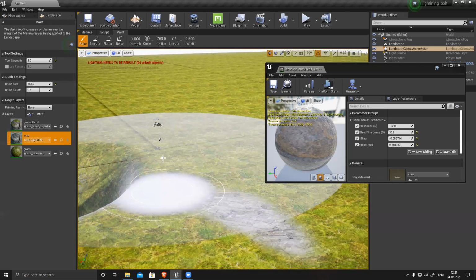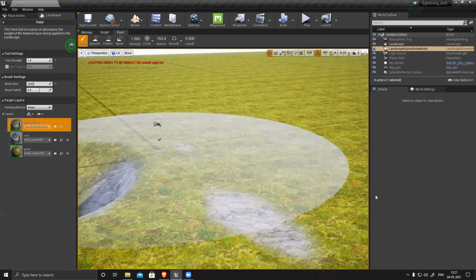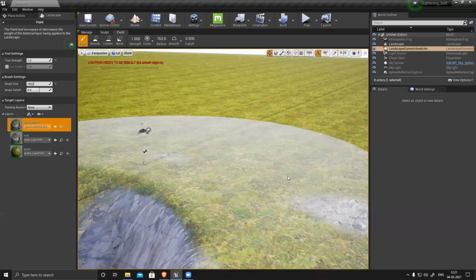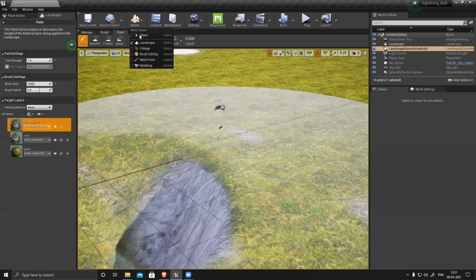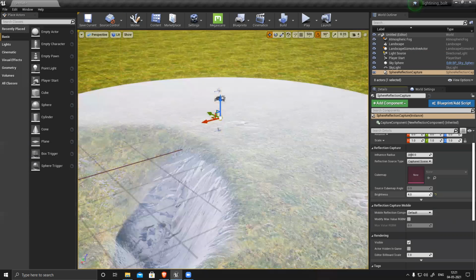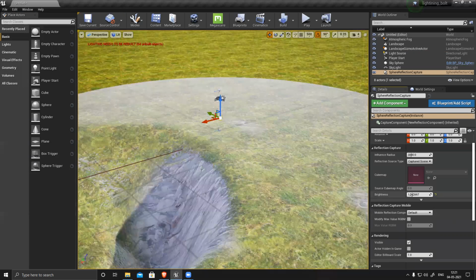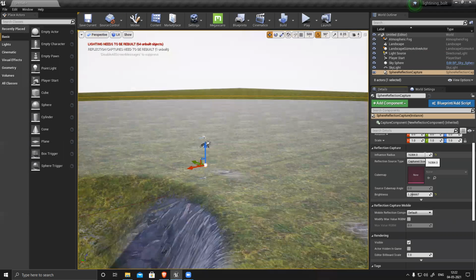But it makes the whole thing very light. If it looks like this, once you bake it, it will look clear. Plus, reflection is basically reflecting your light, so it will make your scene lighter anyway. So what you can do is select this. You can see brightness is there, so you can control this brightness with this. Anything reflective becomes lighter in color. You can control this, and this radius can be increased, and this is the maximum. But if you want to increase it further, manually type it and enter.